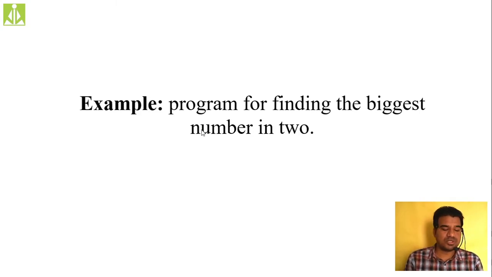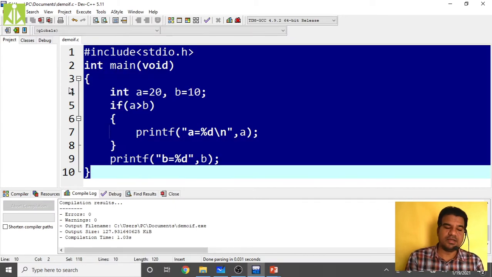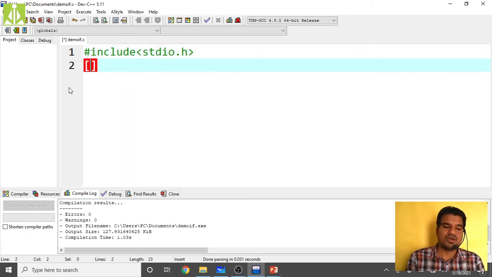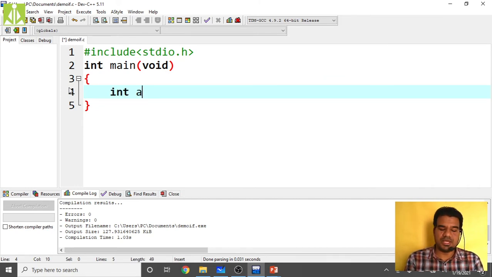I will delete this and start writing the program. Include stdio.h. After that, take your int main of void. Here, take int a as 10, and b as 20, the same coding I am following.